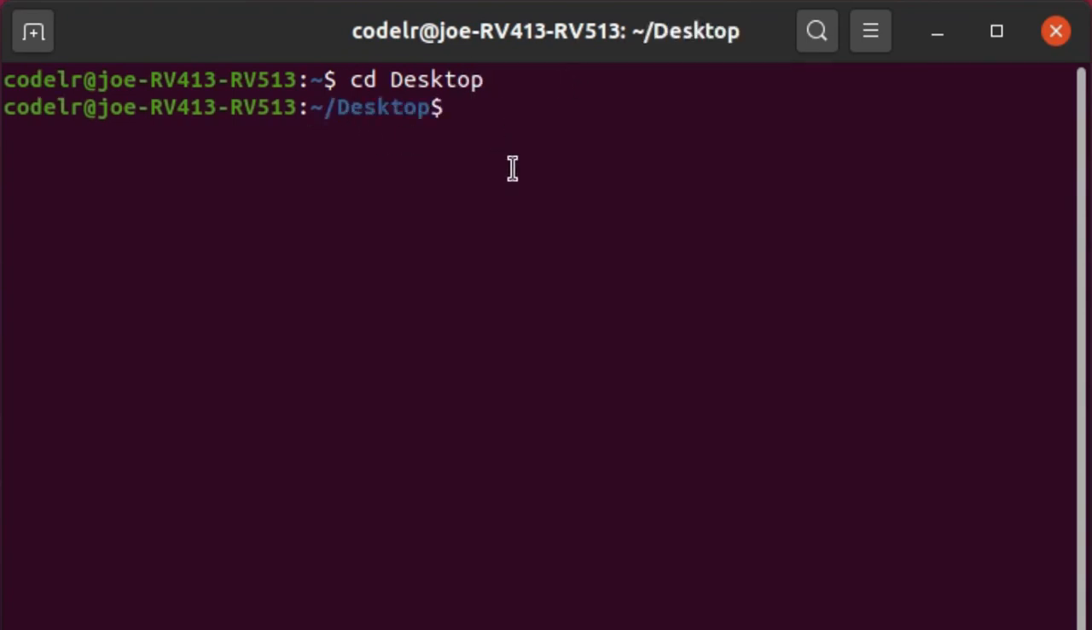Now I will make a folder for my projects. So mkdir stands for make directory. Project name is my project. Let's say my project name is my project. Okay, now if I press enter, it will create a folder on desktop. Now I will go into the my project directory